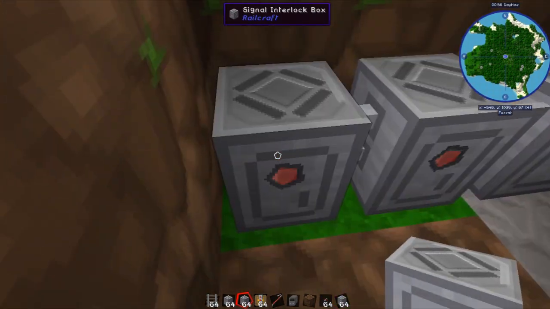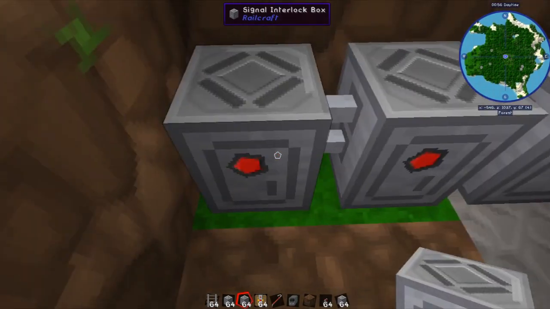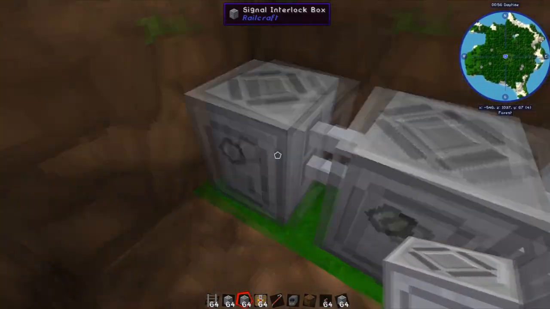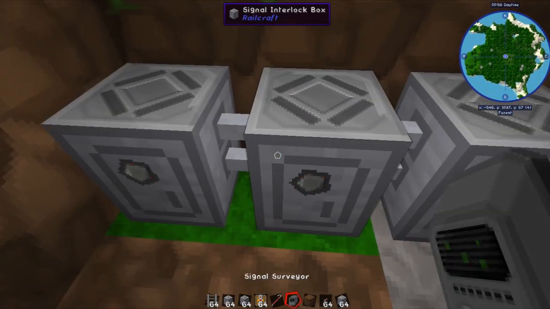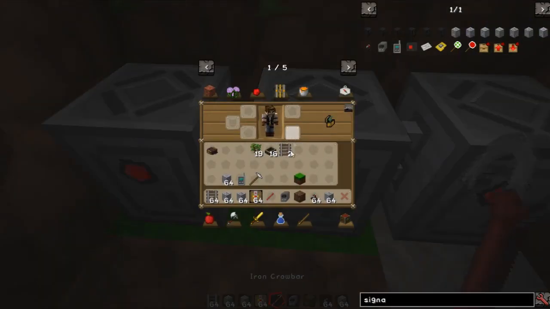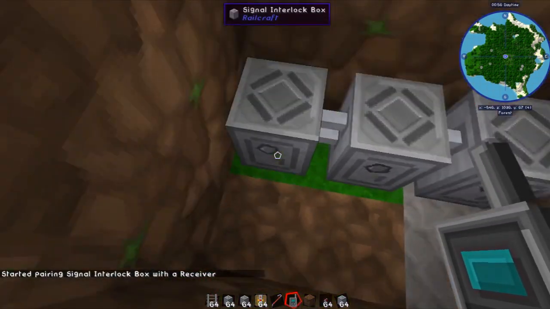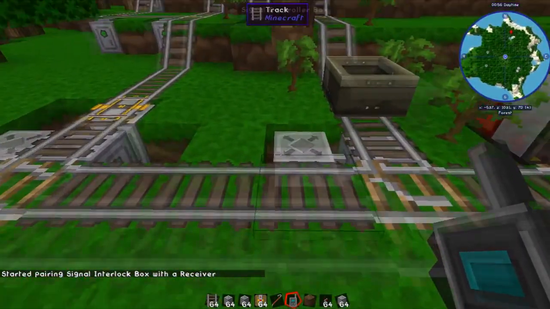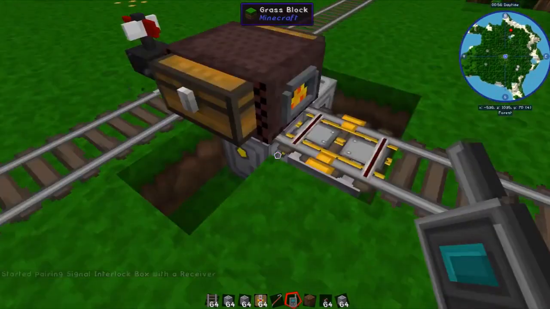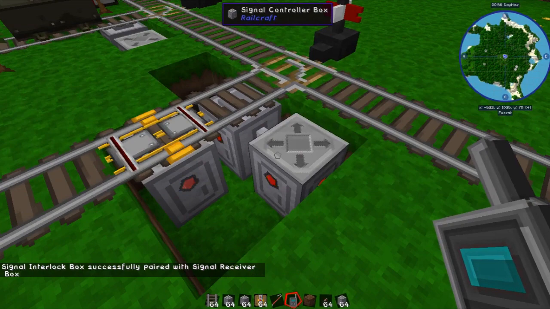So let's say this one here is green, then these two won't be green. If this one's green, then these two here won't be green. And so this will never change while one of them is already green. So what we'll do is link these guys up here. So we'll go this guy. Can go over to here, and then